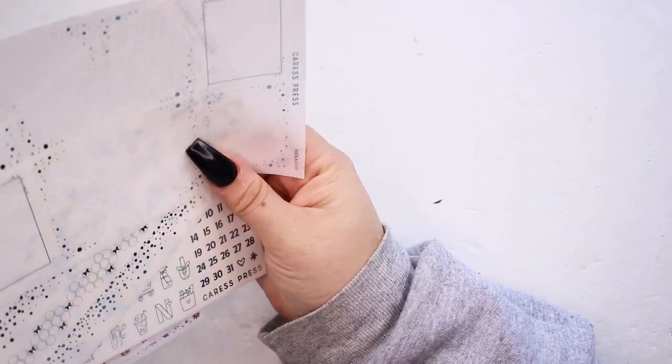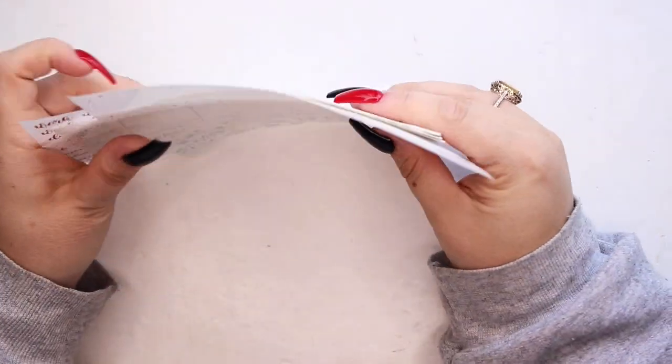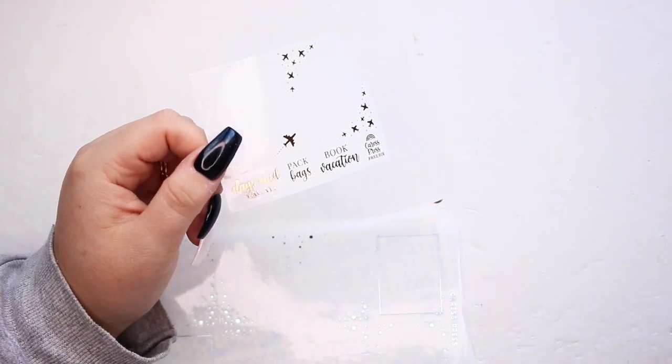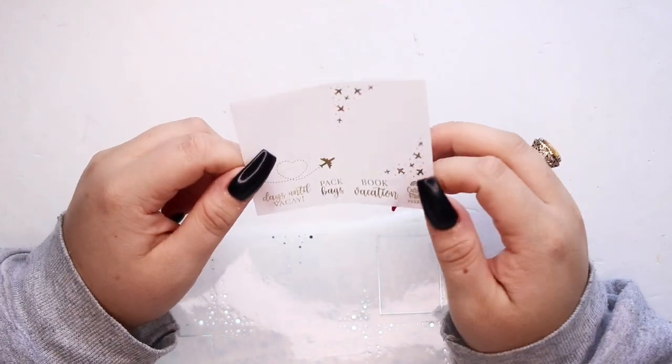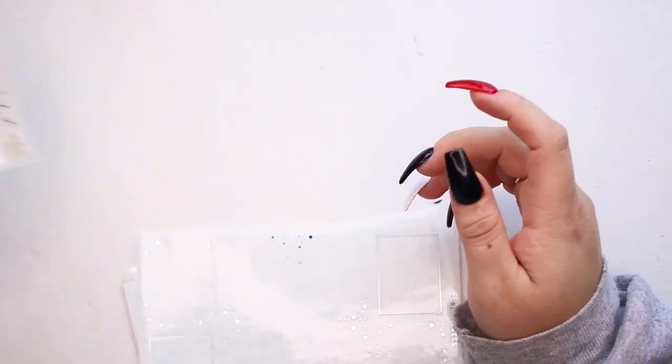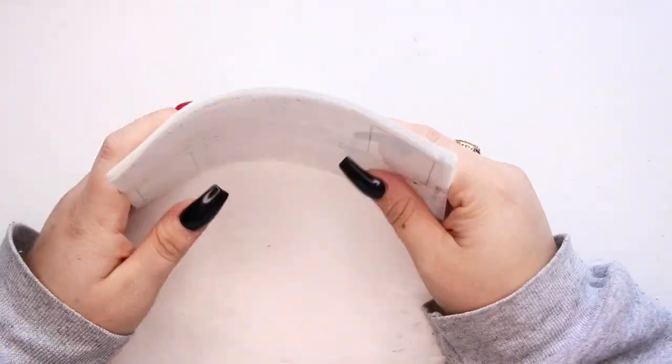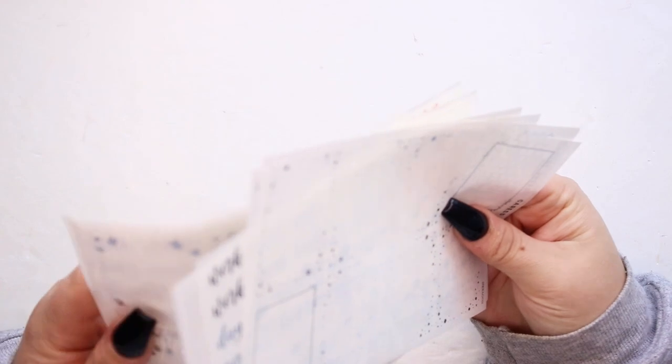Next, we are going into some more foil. So, I got this freebie too, which I really am hoping becomes a bundle. I love this freebie so much. No, it goes this way, Emma, you know this. So, first bundle I picked up was the